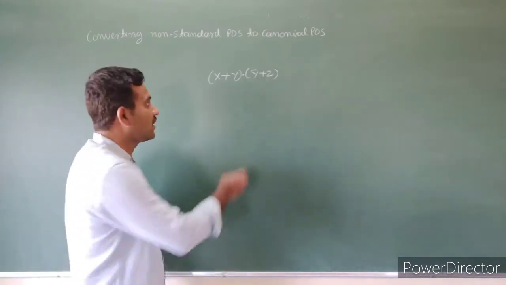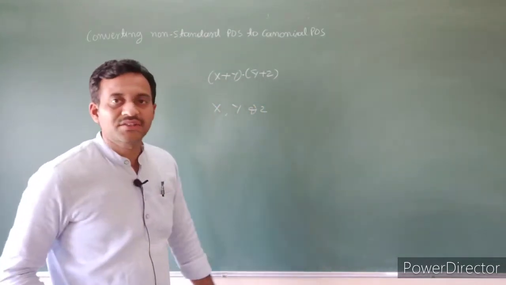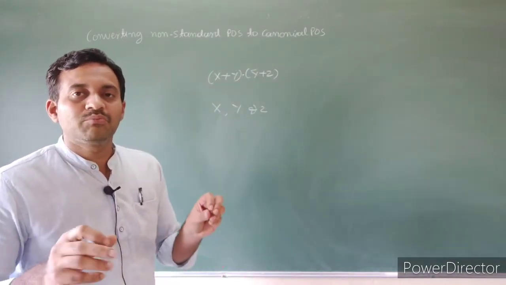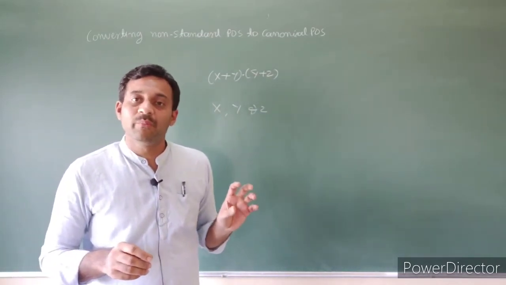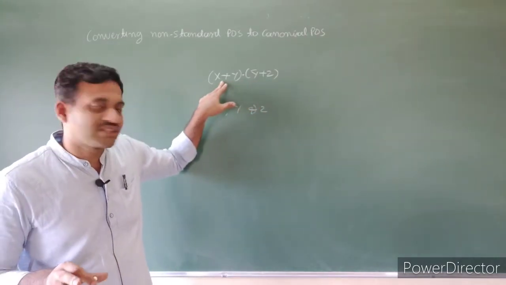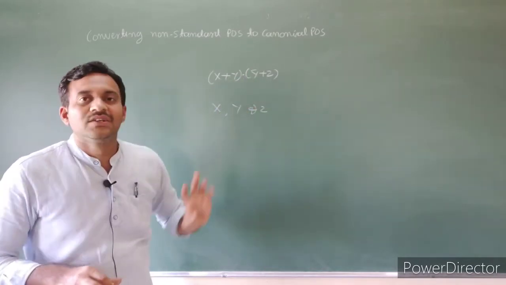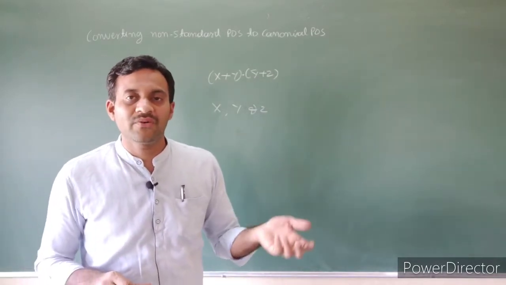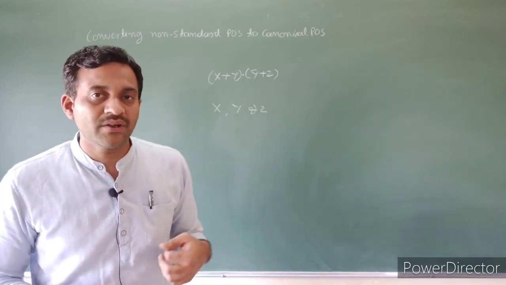Because here the literals are x, y and z. When we say it is a canonical POS, it is completely made of max terms. But these two are not max terms. In the first sum term, z is missing. In the second term, literal x is missing. What is a literal here? It is a variable, either in barred or unbarred form, that is, in complemented or uncomplemented form.